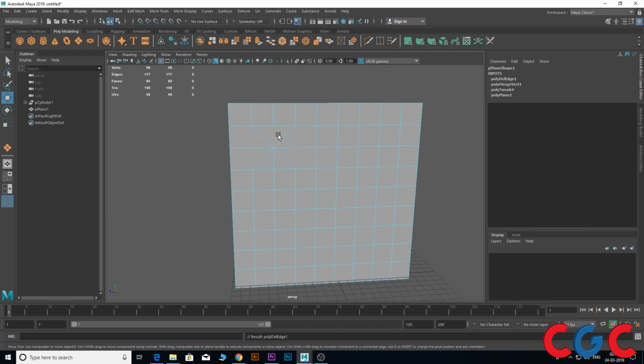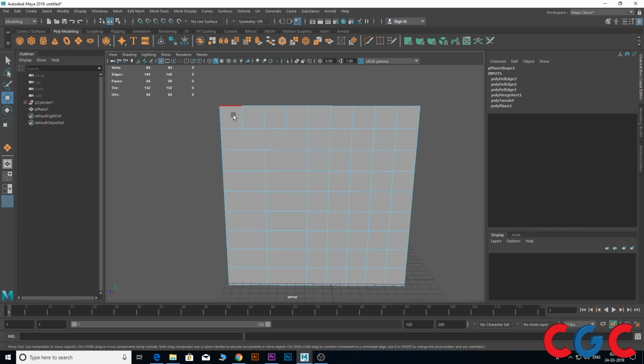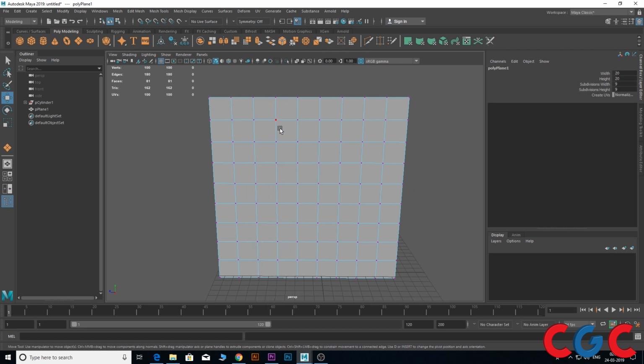I'll delete this edge loop. So here 1, 2, 3, 4, 5 loops are coming from up, but at the bottom we can see 1, 2, 3. So we are losing 3 loops and reducing the face count over here. If we didn't do this, you can see the face count is 81. When I reduce the faces, I'm just deleting this,